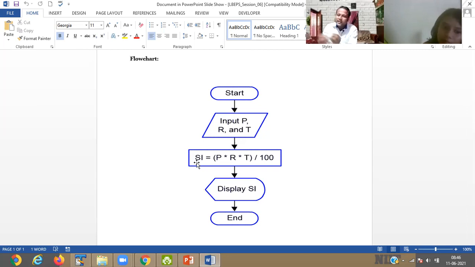When you pay, you have to give some additional amount. Suppose I give you 100 rupees, then when you return it, you do not return 100 rupees, you return more, 100 plus 10, 110. That 10 rupees is called the interest. Got it? That is simple interest.